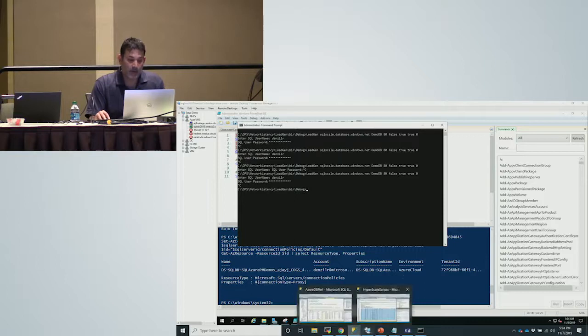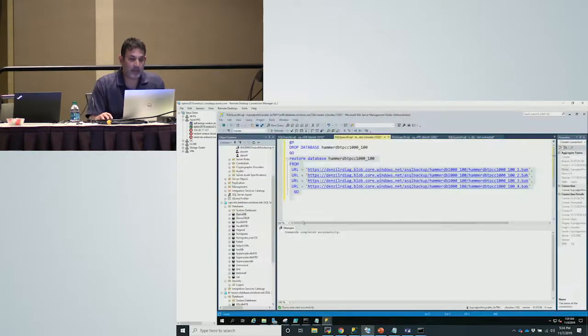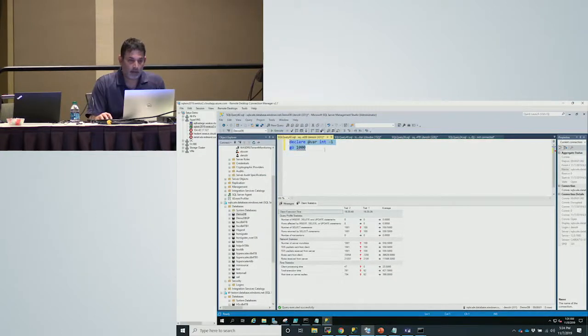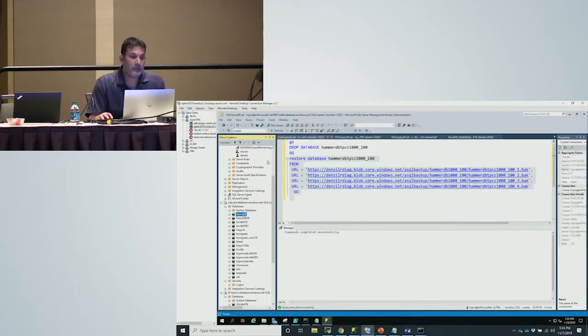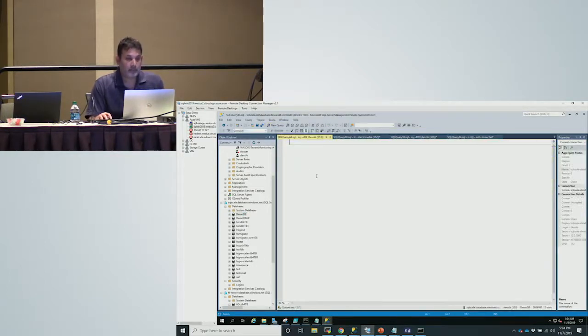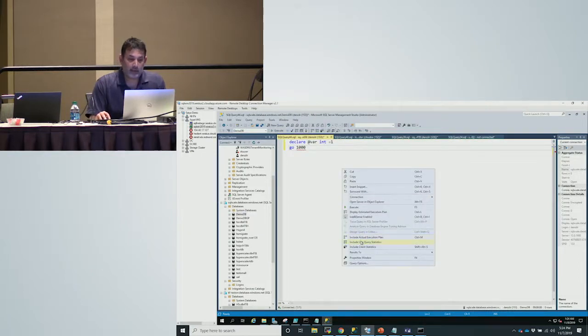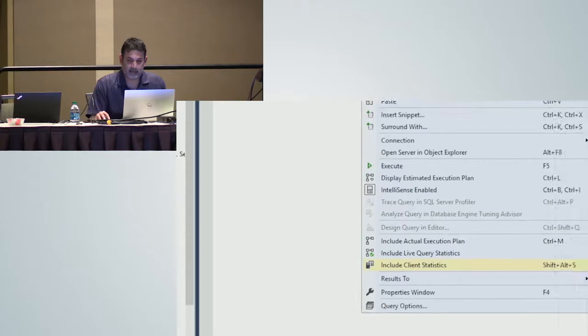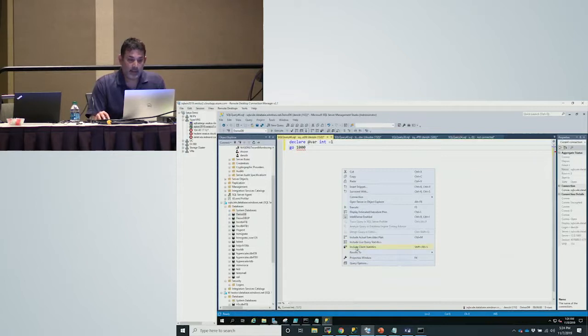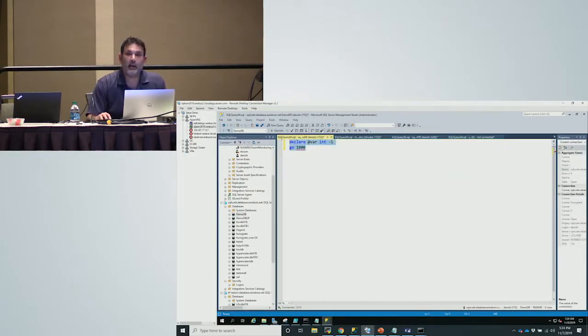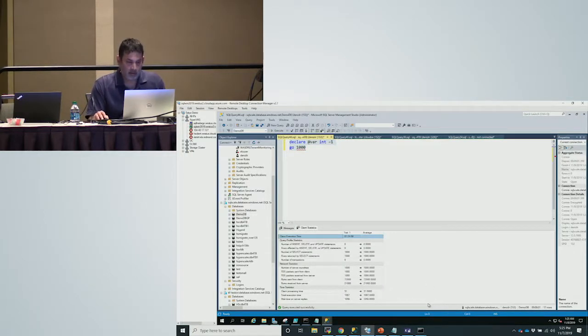And one more thing I'm going to do before I actually leave this screen. I have to make a new connection to make sure I get the new policy. So I go and make a new connection. And I'm going to include client statistics, just to show you what the round trip latency is. This does nothing. It's just initializing a variable, and I'm iterating 1,000 times for that variable. So I execute that, and it took roughly